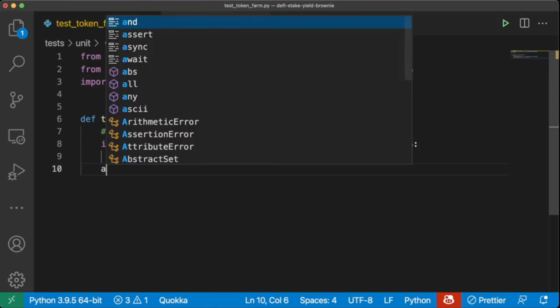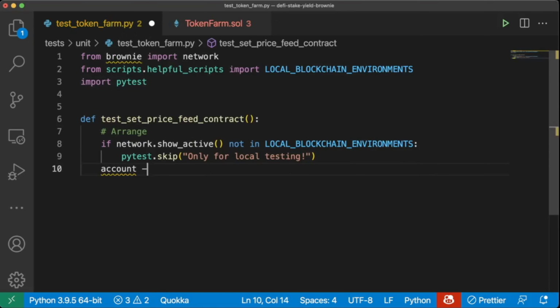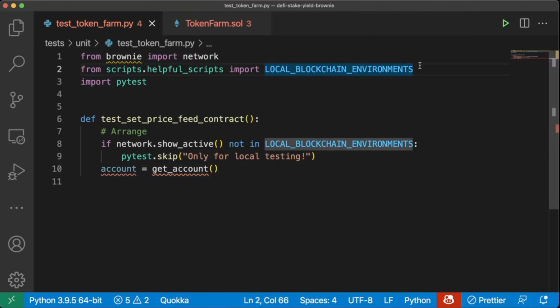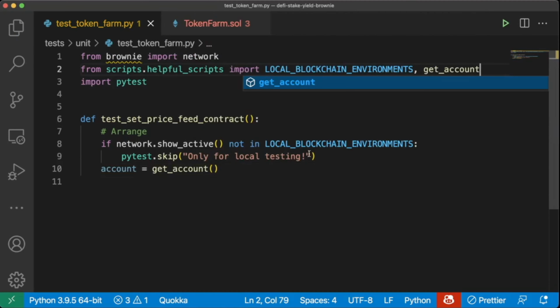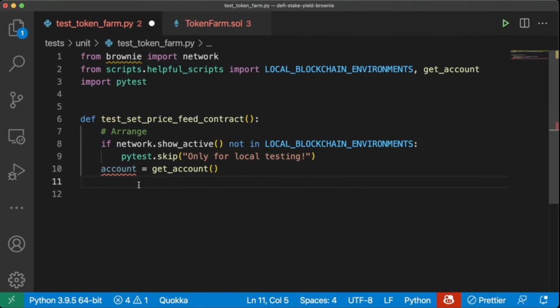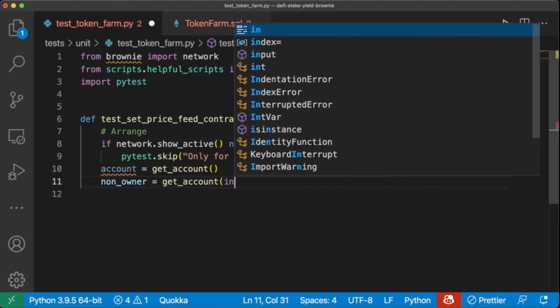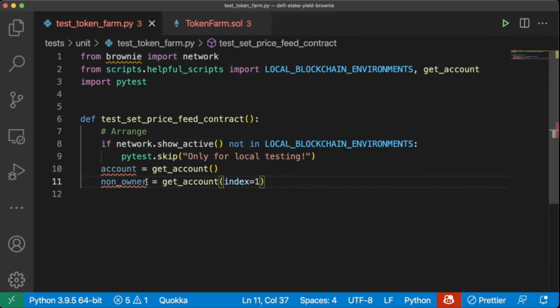All right, so now we're going to get an account to make these transactions. We'll say account equals get account, and let's grab that from our helpful scripts as well. So now we have an account we can use. Let's even grab a non-owner account. So we'll say non-owner equals get account, and we'll do index equals 1. This will give us a different account rather than this account, and we'll use this to check some only owner